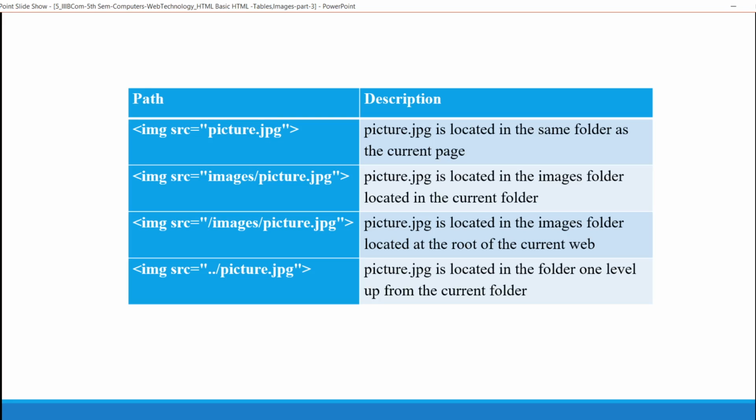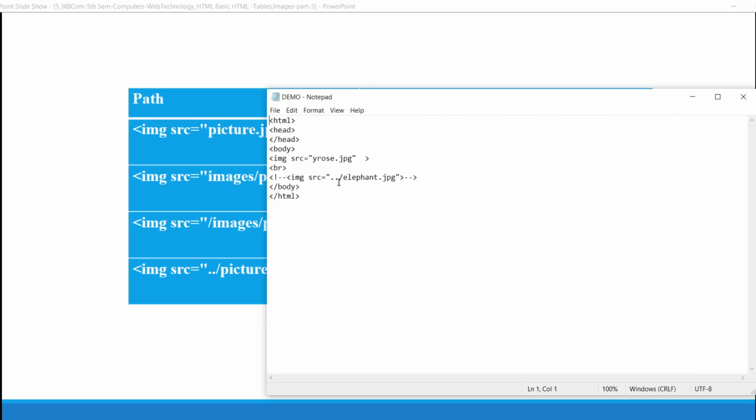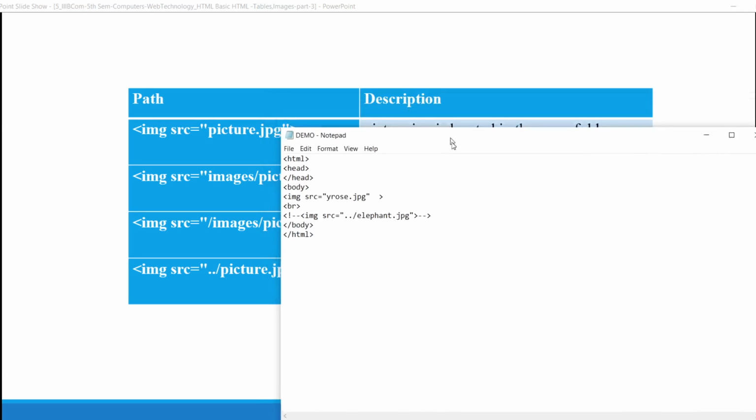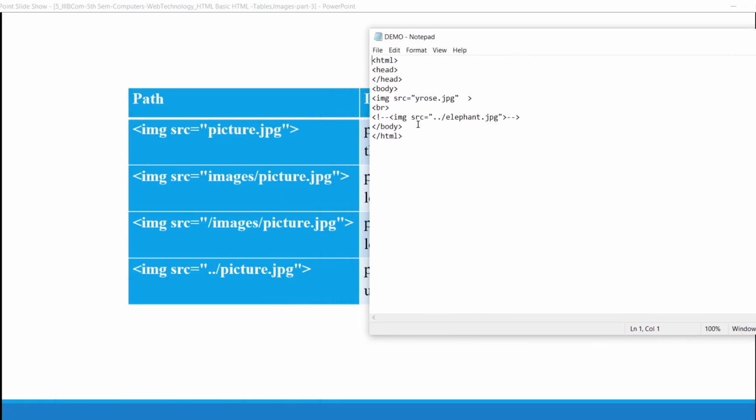And the last one is image source equals to ../picture.jpg. If you observed in my example program, I specified the elephant image with this path only, ../elephant.jpg. See, elephant.jpg. Have you observed it? Image source equals to ../elephant.jpg.